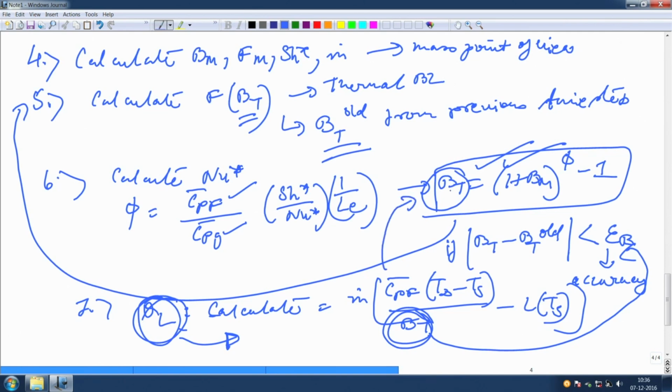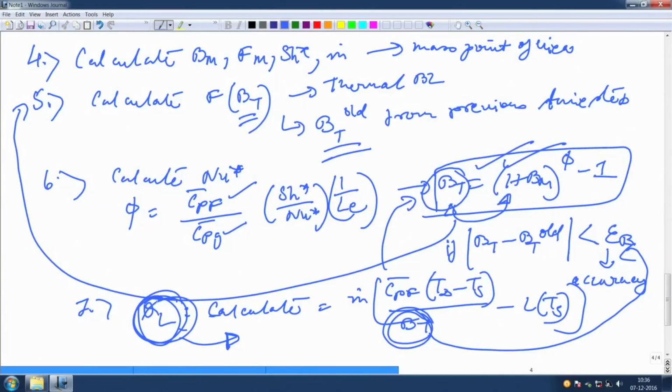mass and the heat transfer limitation. So, it cannot be just worked out like that, otherwise you can just calculate BT as is, but that is not the case, because you have to match it with the mass transfer. Unless you match it with the mass transfer, this value will come overly high, which will not be the correct thing to do. Got it? So, this tells you what the solution process is. Now, let us look at